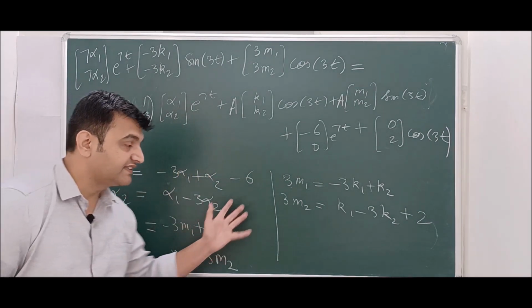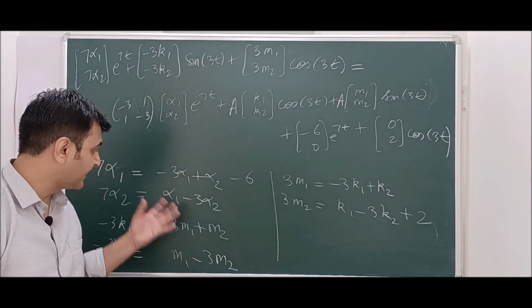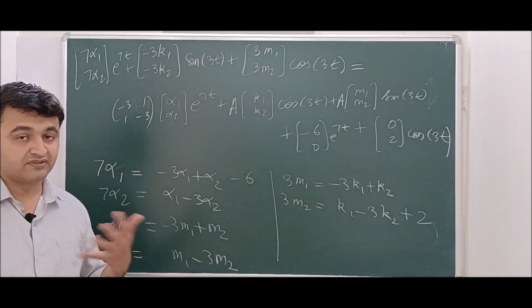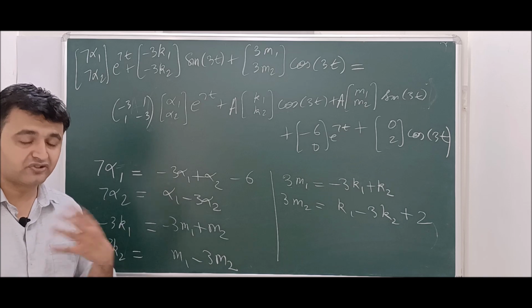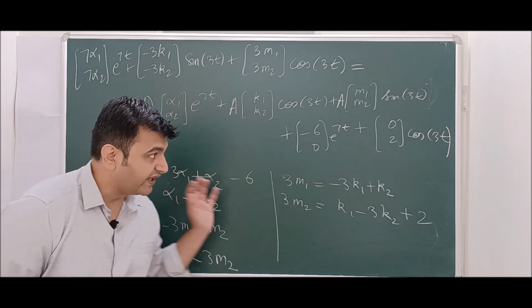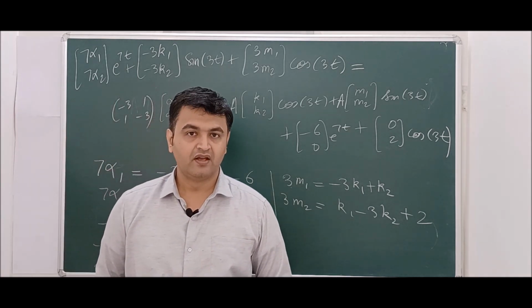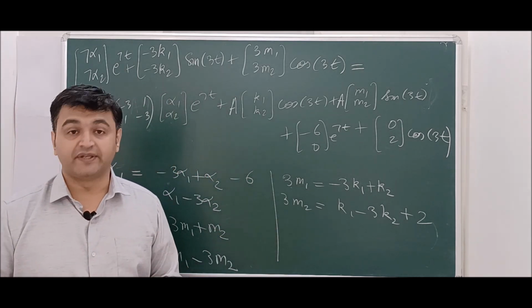And now here you have 6 linear equations. So you can write them in the matrix form, bring these constants on one side, write in the matrix form. You have a 6 cross 6 matrix, of order 6 cross 6, and you find all the constants, you plug in the values, and you get yp. Okay, so that's how one can find yp.